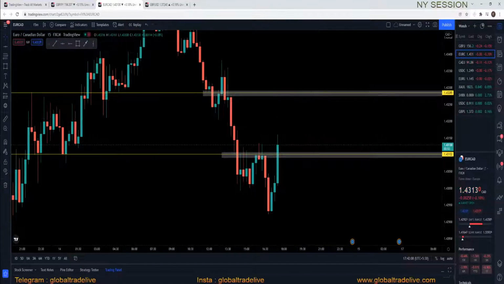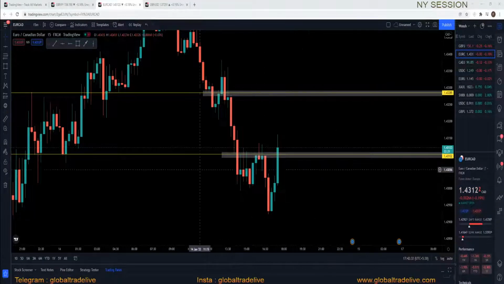And also on the left we have multiple rejections in this area, multiple times, right? So we can expect the market to move up in this area and then come down. So the range also reduced by this amount of pips as well. So I think waiting is a better option at this point.